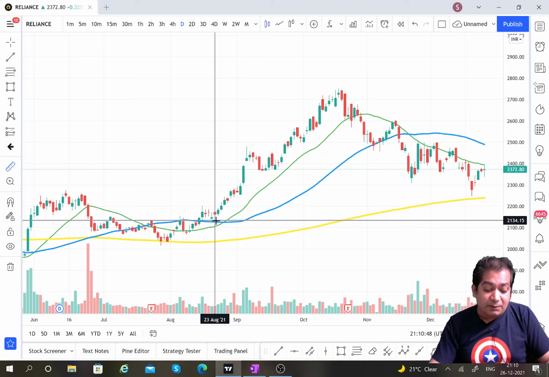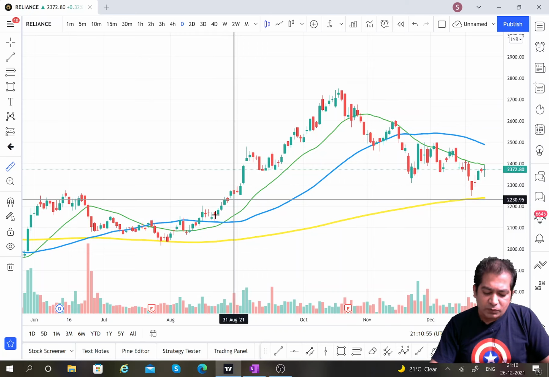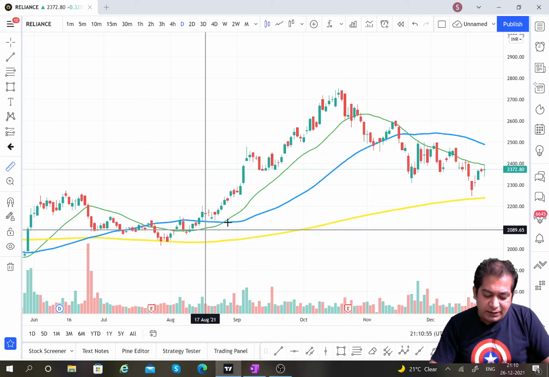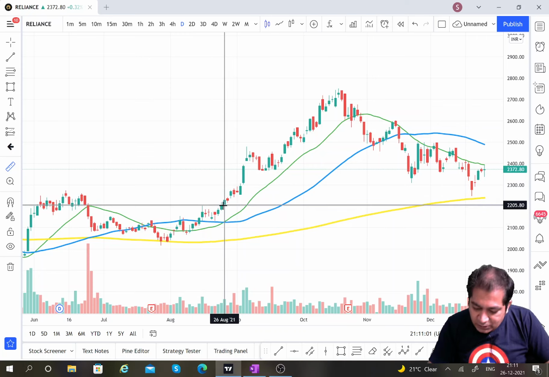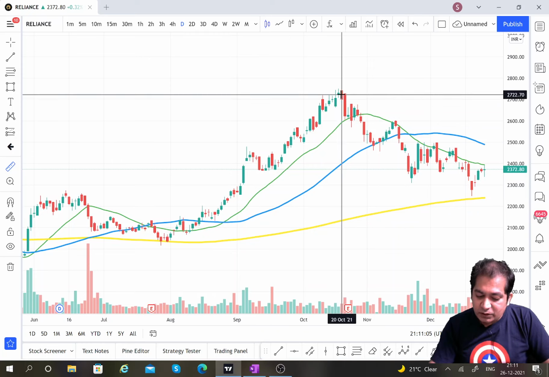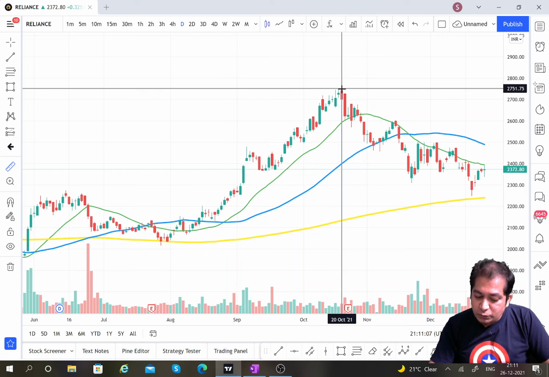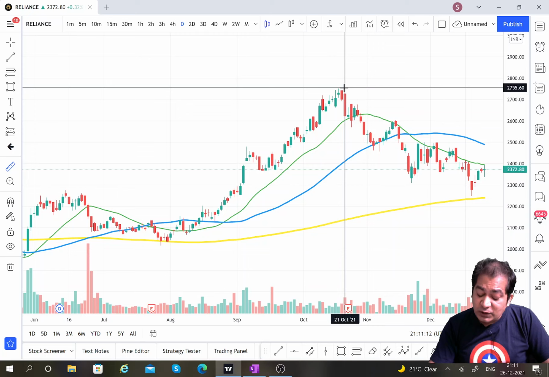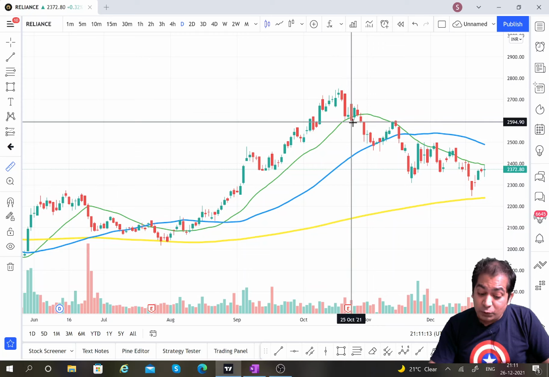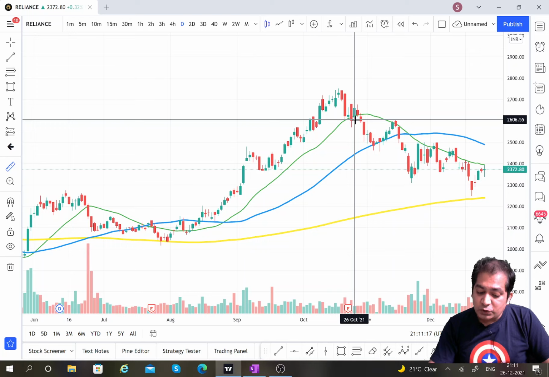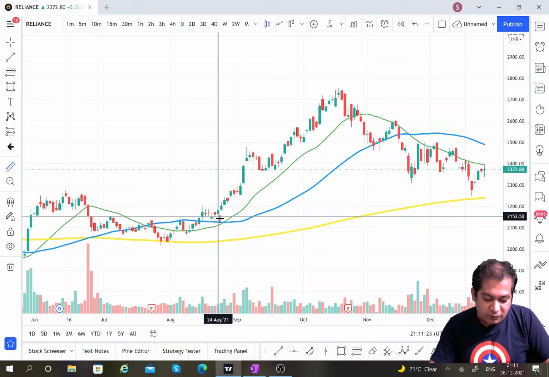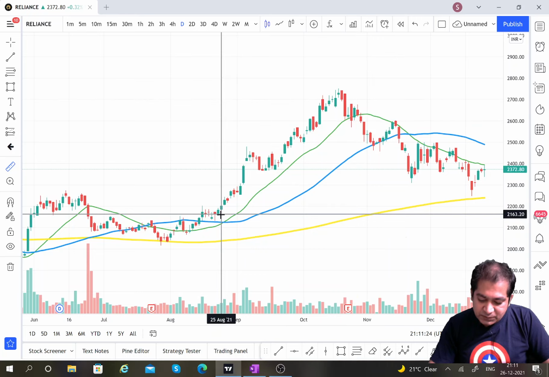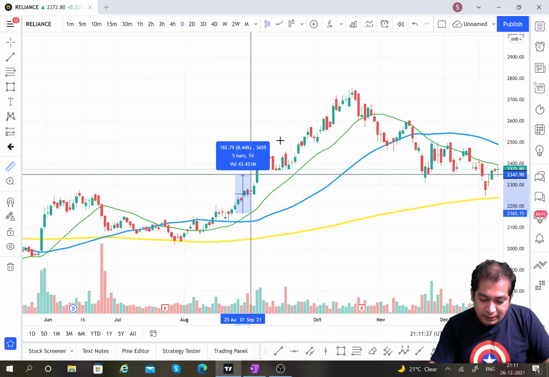Where do you exit? The problem is where to exit. That is also a bigger problem. Sir, how long will it go? What if it comes down? No problem. You do one thing. You enter. You see here the crossover happened. You have entered at 2205. You ride along. You see the price has gone to 2751. But you will not exit. When will you exit? When any candle closes below the 20 period moving average. So your exit will happen over here. That is your 2606. So let me measure how much you would have got. You would have entered at this point and you would have exited. Just hold on.